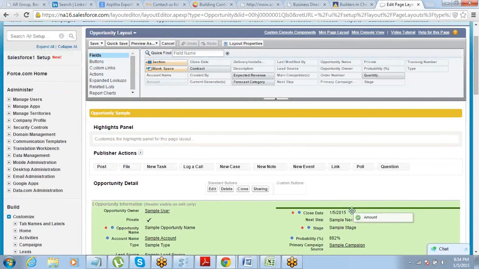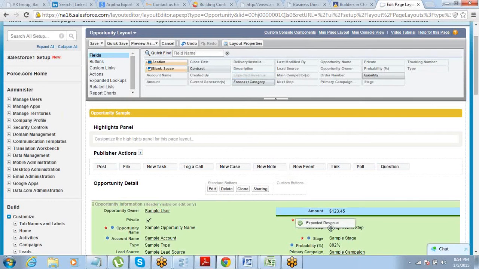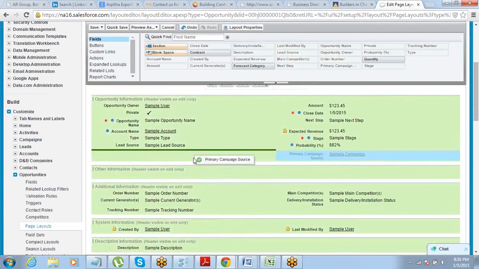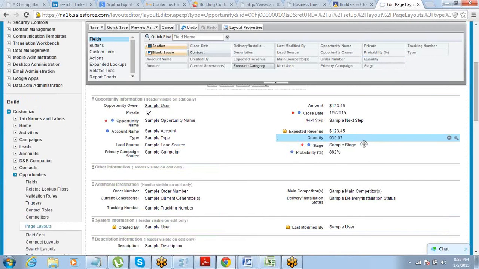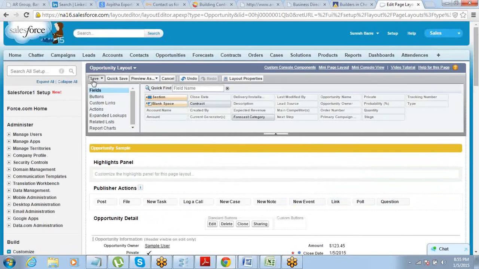So this amount field can be brought in here. Expected revenue was also removed, so I'll get it here. Move maybe this one here. Makes sense. Quantity. Right. That becomes okay. Save it.